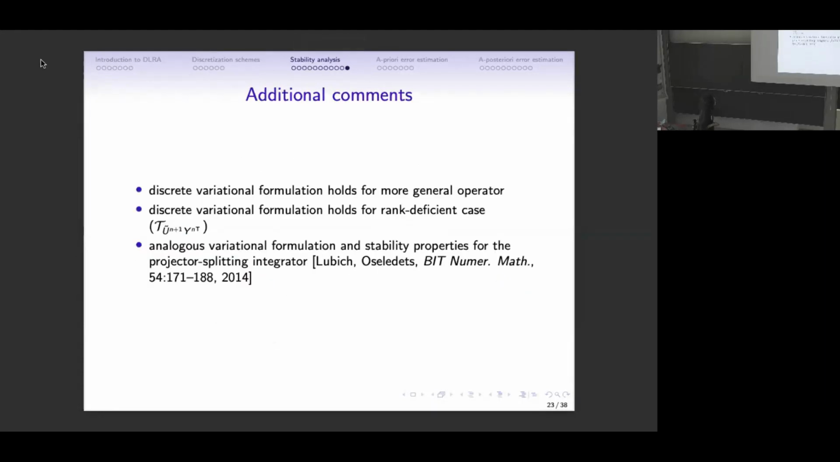Yeah, and then I just have these comments here. So as I said, the discretization formulation holds for more general operators. They don't have to be linear, don't have to be elliptic. Now,